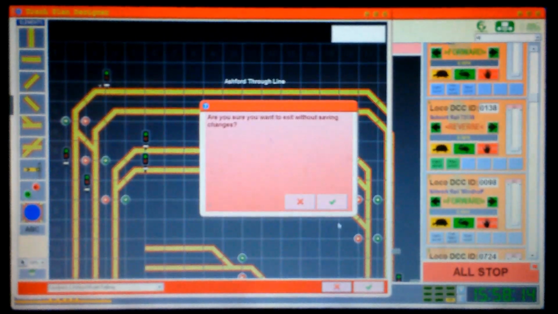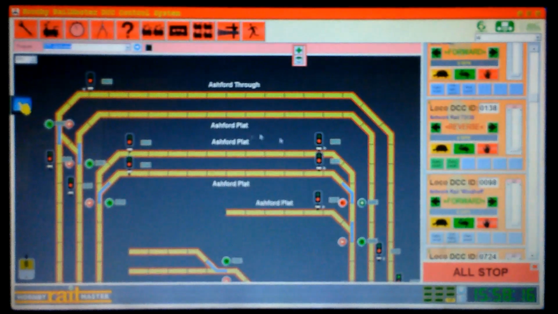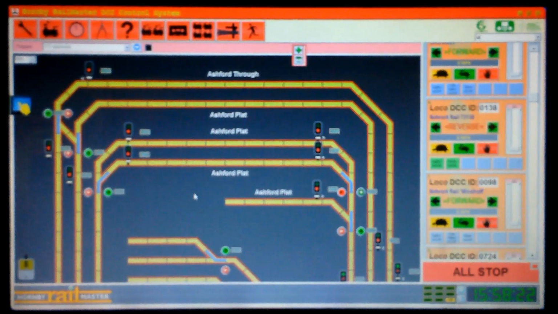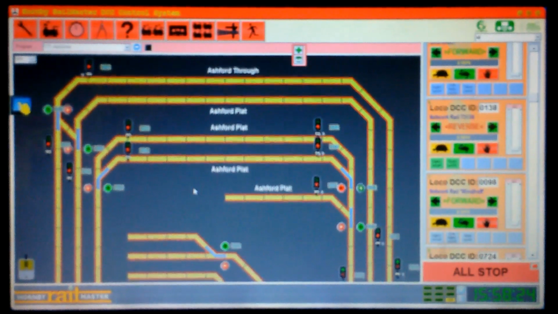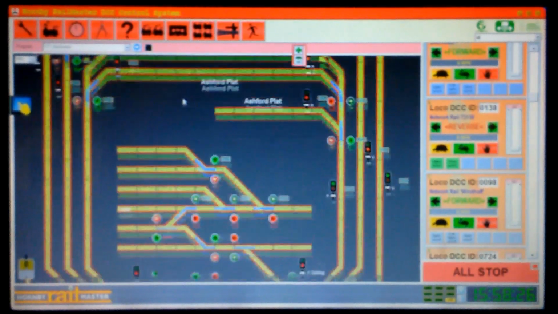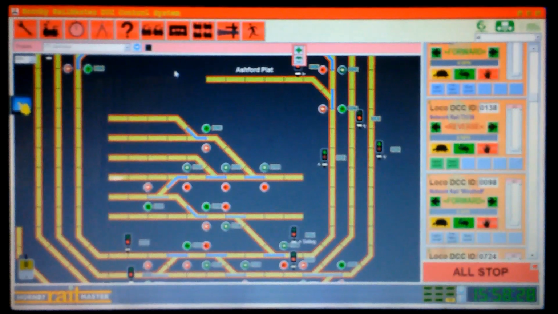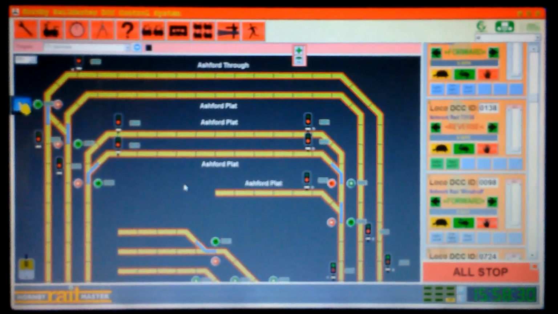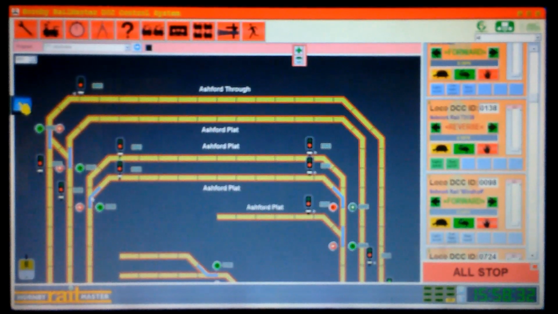So coming out of there, we then come to, this is basically the home page of the Railmaster system, and hopefully from the last update I did on the Railmaster, you can see that now the whole of the layout has all of the signals, all of the points, all on the home screen here. So you can operate the signals and operate all the points from here using the